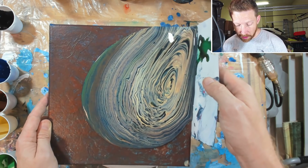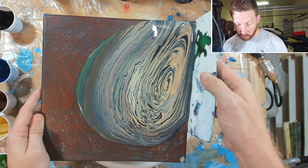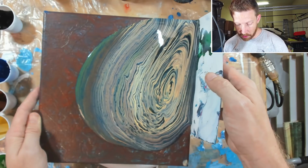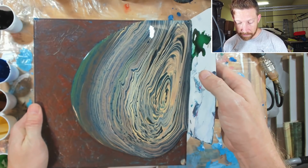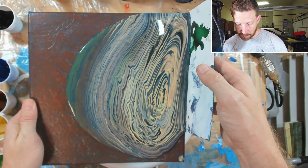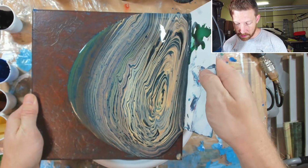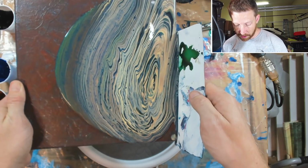So I know a lot of you guys don't like watching the tilting, but I want you to think about it for a second. The most important part of your painting is what you do after you get the paint on it. I don't mean that to come across as an admonishment, because who am I to talk about any of that, but